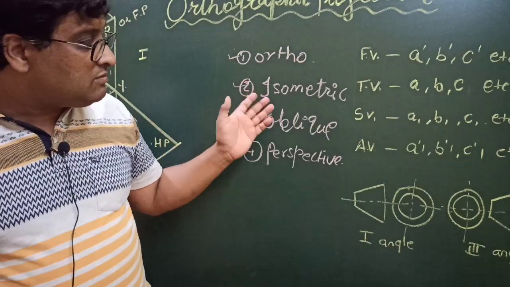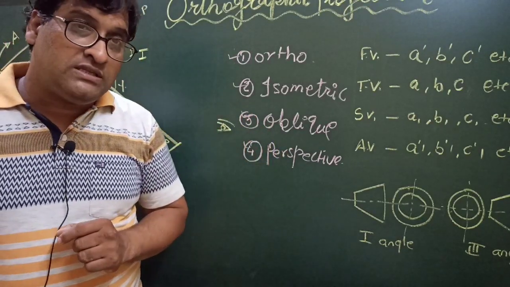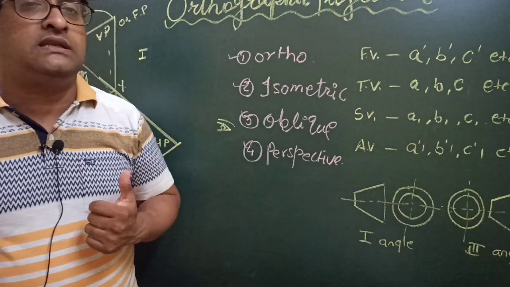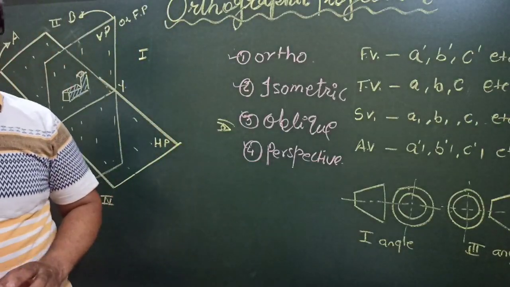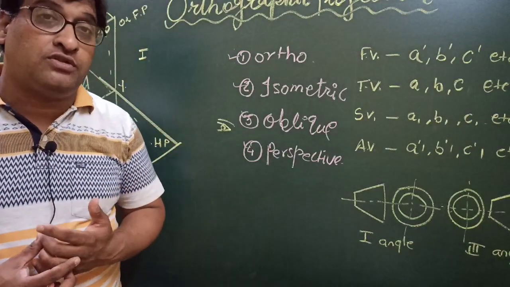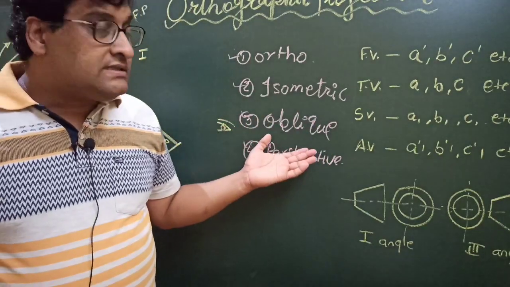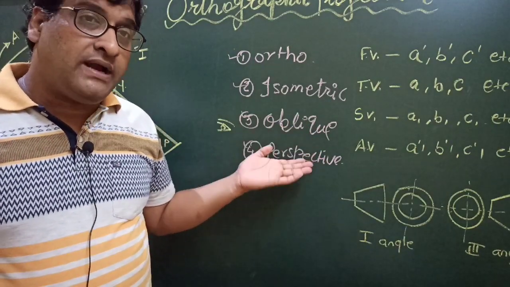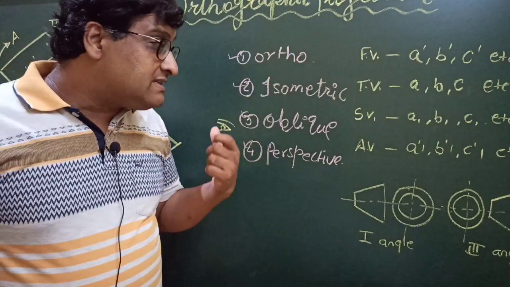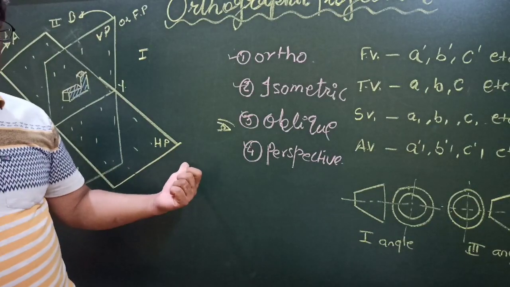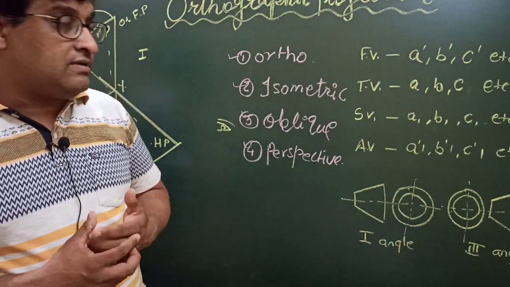So let us talk about something about these three views. In isometric projection, the rays of light are parallel to each other and perpendicular to the screen of projection. And as I talked in my videos, isometric projection is nothing but a special case of orthographic projection, right? Second, oblique projection. In this case, this is also a pictorial view, a three-dimensional view, but the rays of light are parallel to each other and they are striking the screen or the sheet of paper at a certain angle. That angle may be 30 degree or 45 degree, whatever it may be.